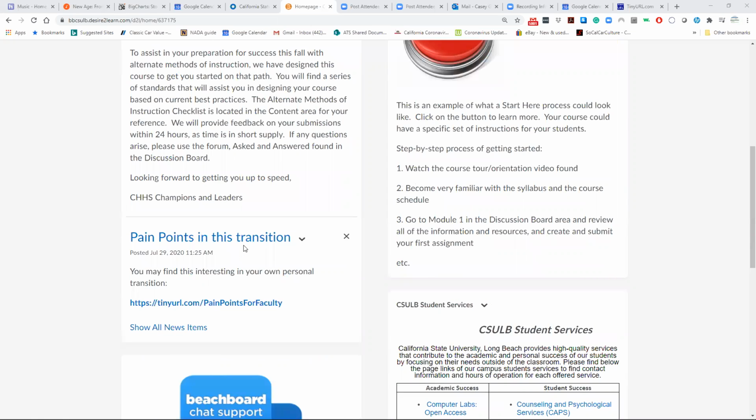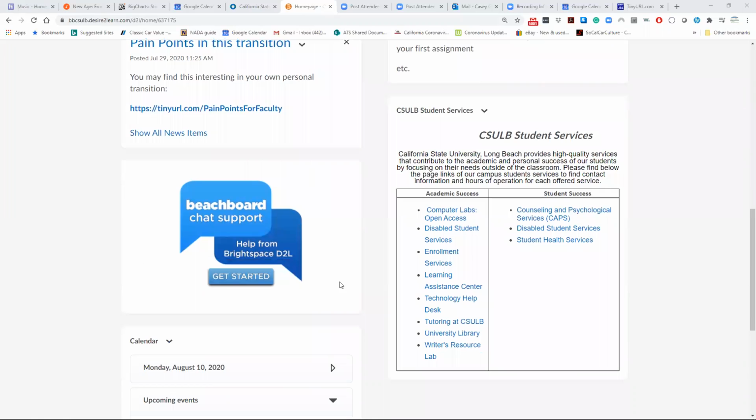I put in a link here. I found some things about pain points in this transition, which for a lot of faculty who have not spent much time online, there are several. This is a boilerplate piece on the homepage that gives students support for Beachboard. This CSULB Student Services is a widget that I had created, and I put links into all of the services that students may need over the course of the semester. Some may need none, but it's here and